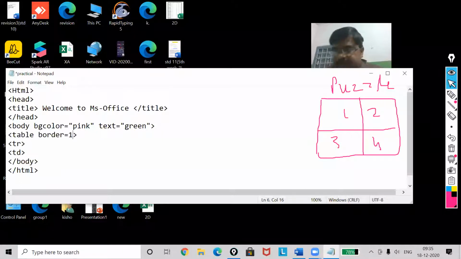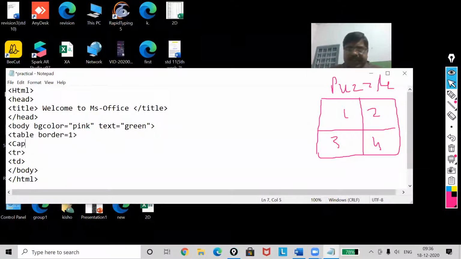Border is mandatory, otherwise the border will not come. Now what is my caption? Title. My title is puzzle, slash caption. So puzzle will appear.